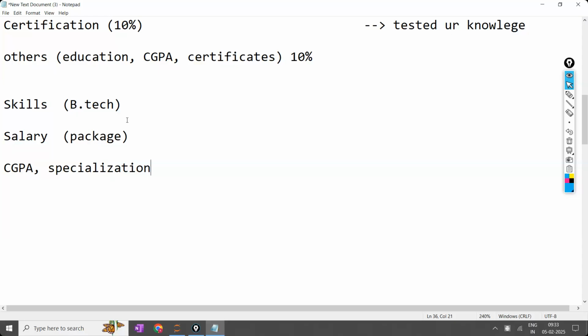Almost the same. Maybe one or two students will be different. In the entire class, two or three students will be different. I am not discussing the outliers. I am discussing the general, most repeated case. Since that is going to be common, obviously they are going to give priority to the specialization. That is the reason in the college, he's computer science department, I'm mechanical department, I'm not eligible, he is eligible. In the campus placements, they'll say that only BTech CSE students are eligible. That is campus completed. Now you are outside.